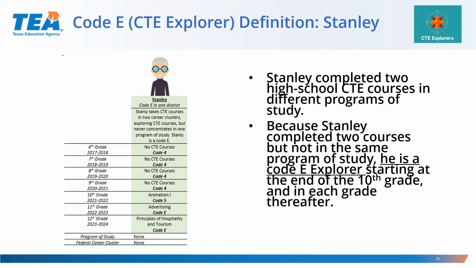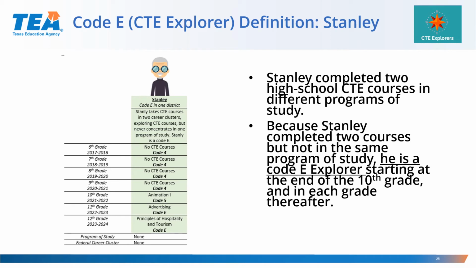As you can see in this example, Stanley is completing courses across multiple programs of study and multiple career clusters. Because he is not focusing in one area, he is exploring CTE, hence the code title. While he completed his first CTE course in the 10th grade and was a code 5 participant that year, the next year he completes an advertising course in a different program